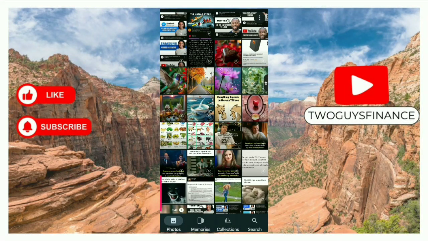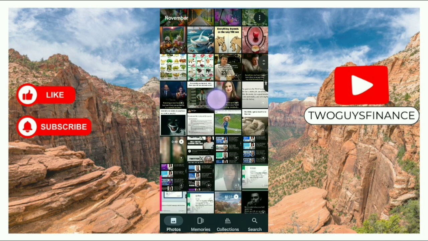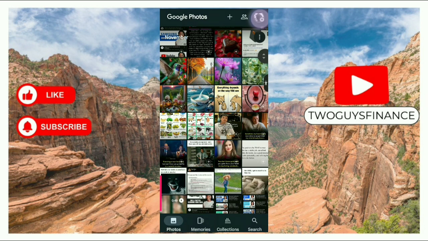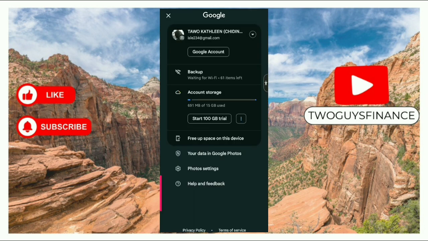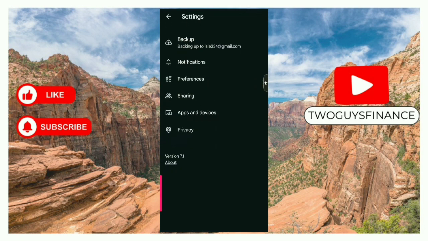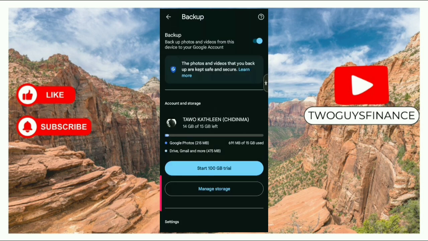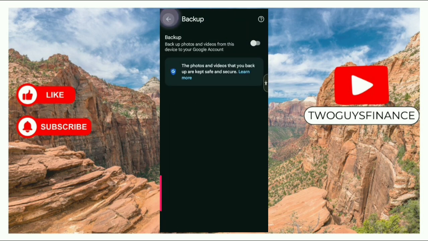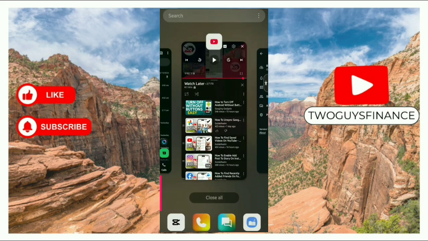Hello everyone, in this video I'm going to walk you through how to unsync Google Photos. The first thing you do is open up your Google Photos and then you tap on your profile icon at the top right corner, tap on photo settings, tap on backup, turn off backup, and then you go to settings,